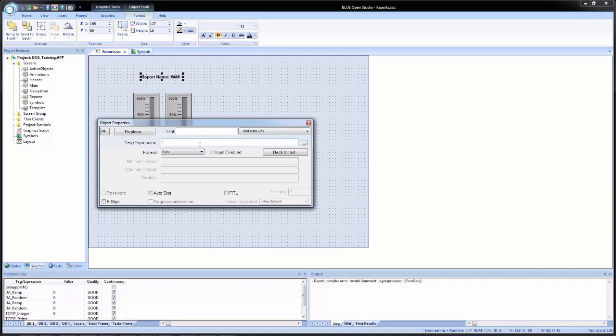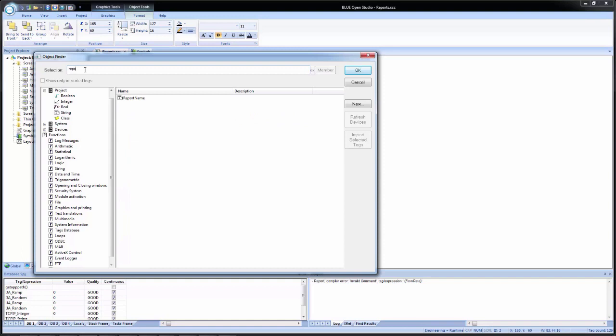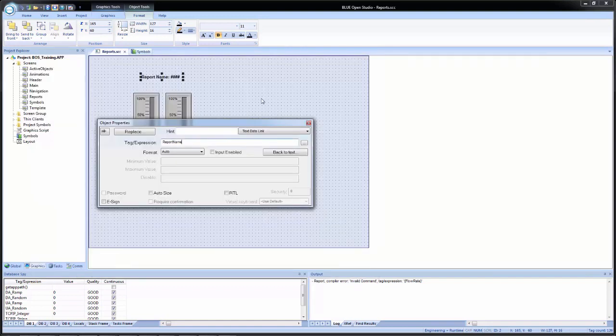And for the tag or expression, I'm going to double click to bring up the object finder. And instead of scrolling, I'm going to come up to the selection field and type in report. And you see that we have report name show up. So I'm going to double click on that to select it. And then I'm going to enable input, but I'm going to leave the min and max value and disable fields